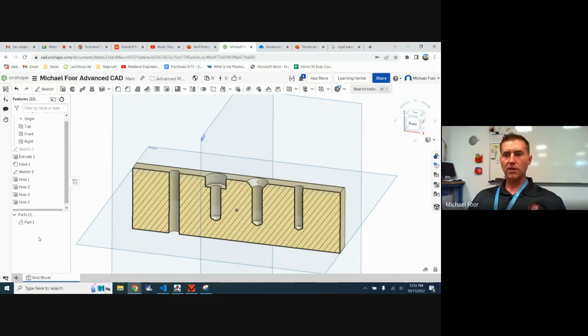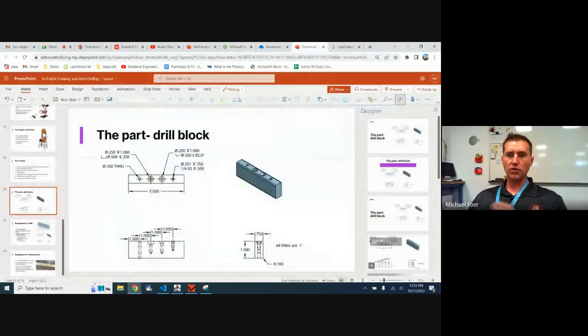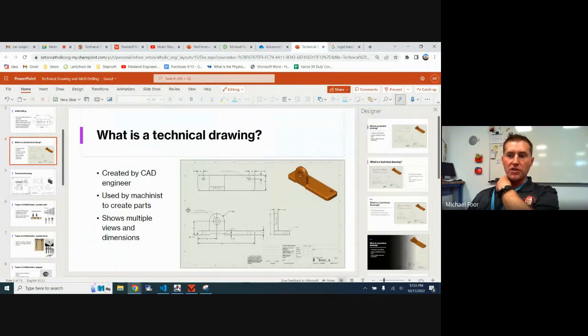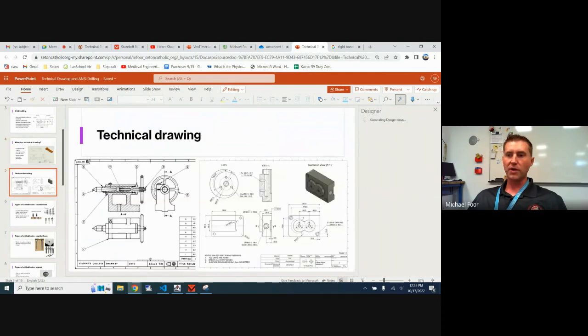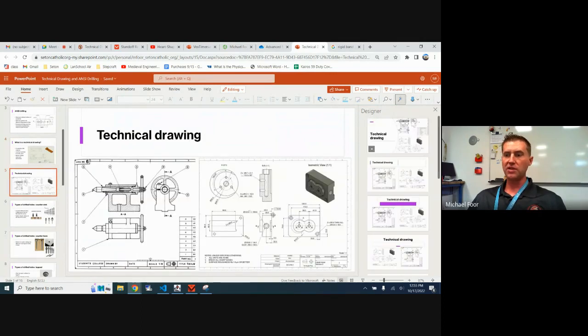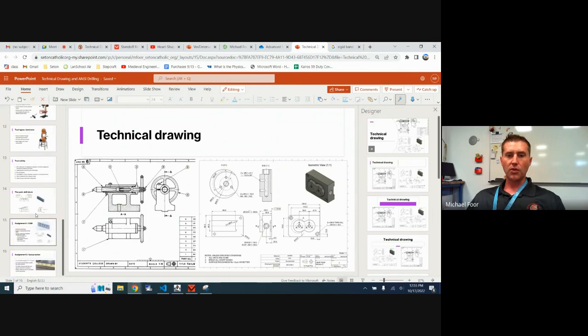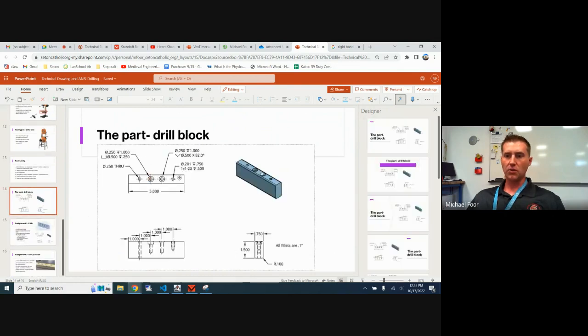And next thing we're going to do is make our technical drawing sheet. So the drawing sheet, if you remember, when we talked about drawing sheets, this is what a machinist would actually use to create the part, right? So a drawing sheet has all kinds of information. It has the different views, has dimensions, it has shaded isometrics. Okay, it just gives the user an idea of what this part is going to look like. And ours, when we're done, will actually look just like the instructions. So make yours look just like the instructions. So here's